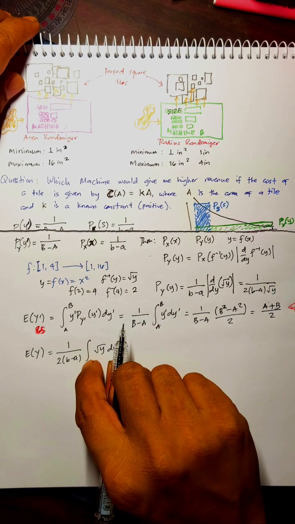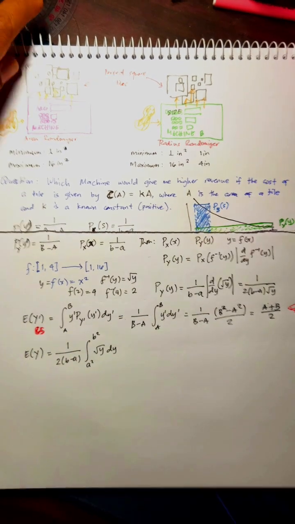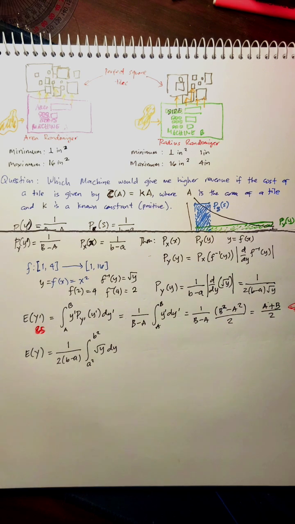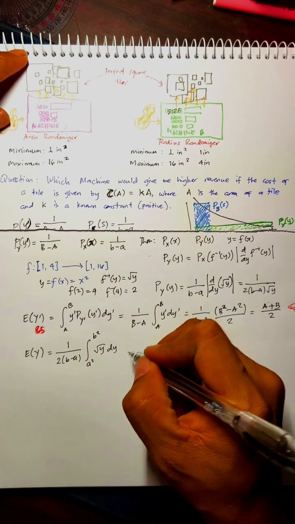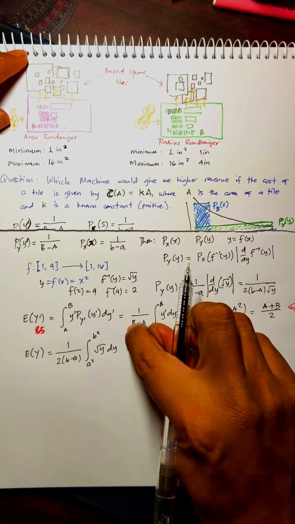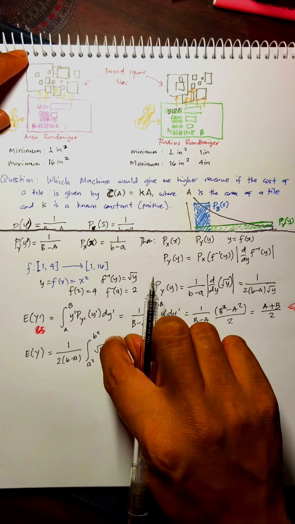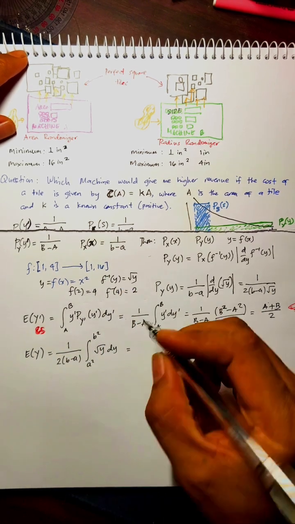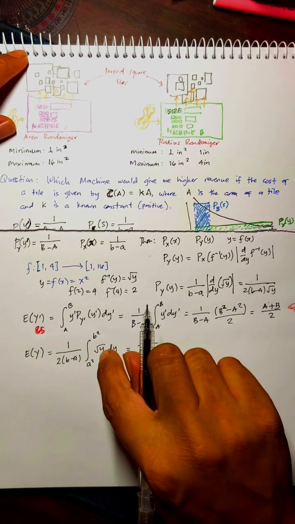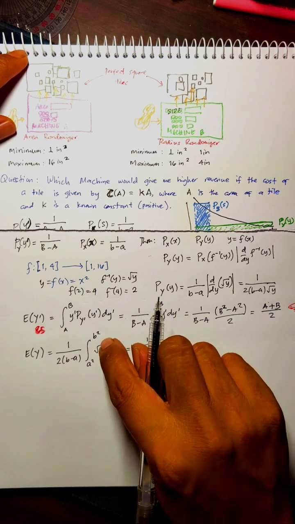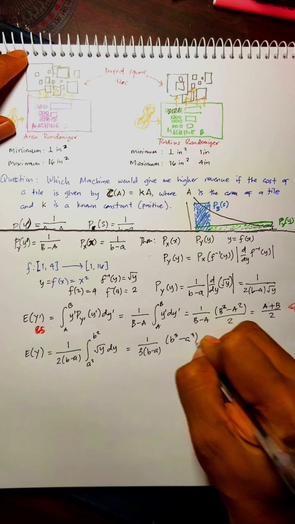Now, what will be our limit? Our limit is clearly from small a squared to small b squared, because we are now in the y space. And this is just equal to, this is over 3 halves, so the 2 will cancel, so what's left is over 3. We now have 1 over 3 times (b minus a), and then y to the 3 halves, so b squared raised to the 3 halves, so this is b cubed. This would be b cubed minus a cubed.